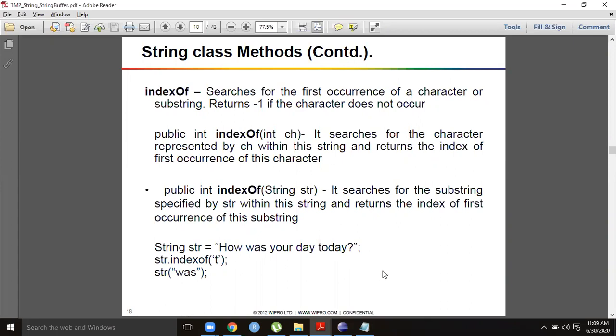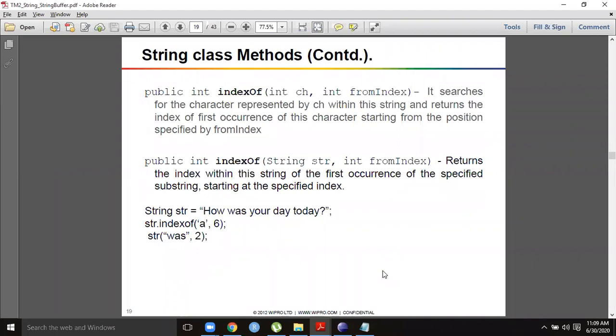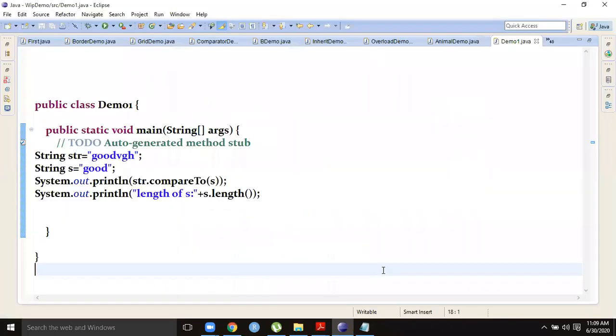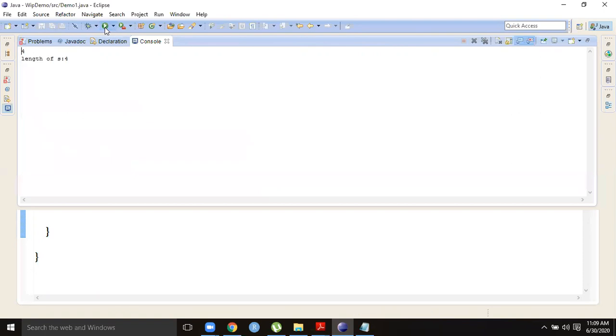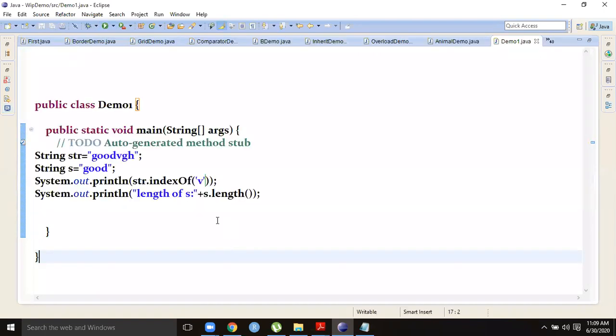Now for example, indexOf, let us say v. What is the position of v? 0, 1, 2, 3, 4. So indexOf v is 4 here.